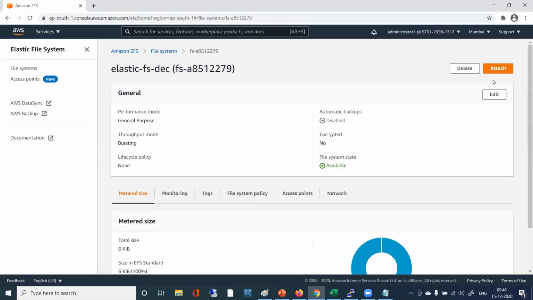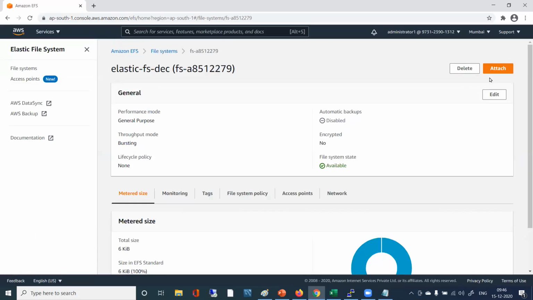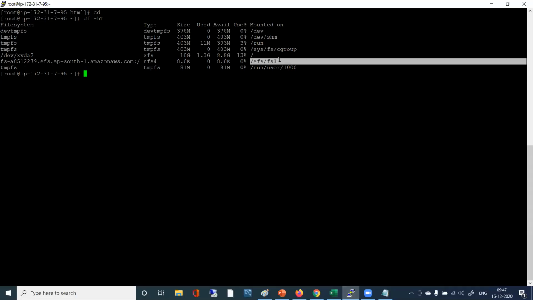And then I had shown you this. When we click on this attach, there will be some command. So that was one thing. But while installing our Linux instance, we had chosen this file system when we were launching the instance. Then we had given a path in place of something, MNT something was coming. So we had chosen this particular path, EFS. Then I had shown you that, in order to automate whatever we are doing, anything we put here will come in the